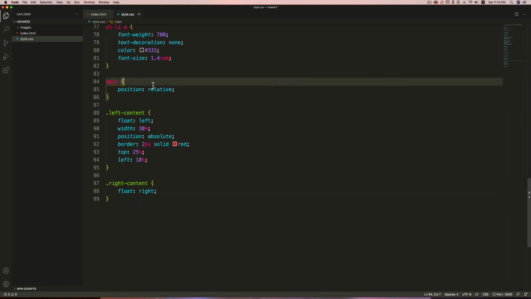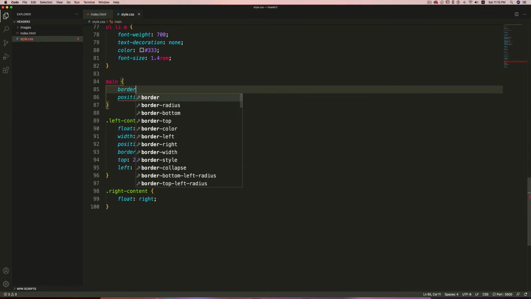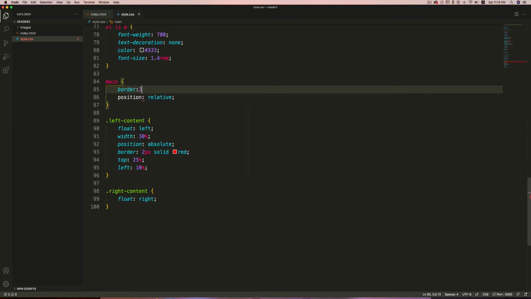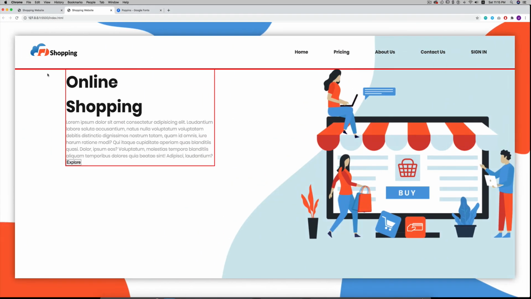Let me show you what happens if I add a border, 2 pixel solid red. You can see that this main section does not have any height because we have floated all its elements. That's why it does not have any height.